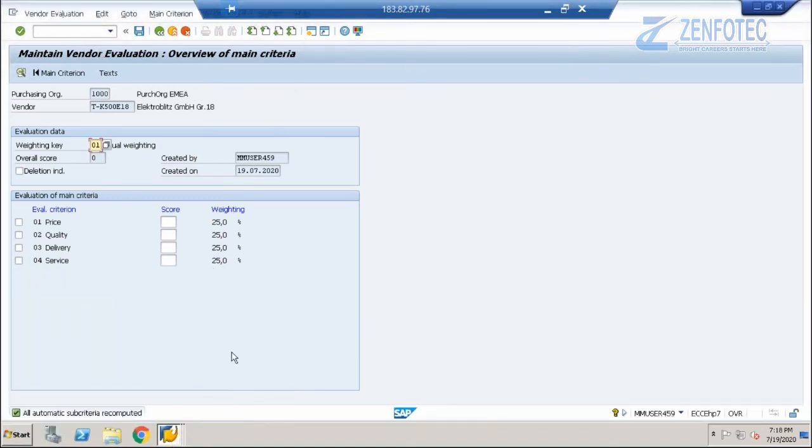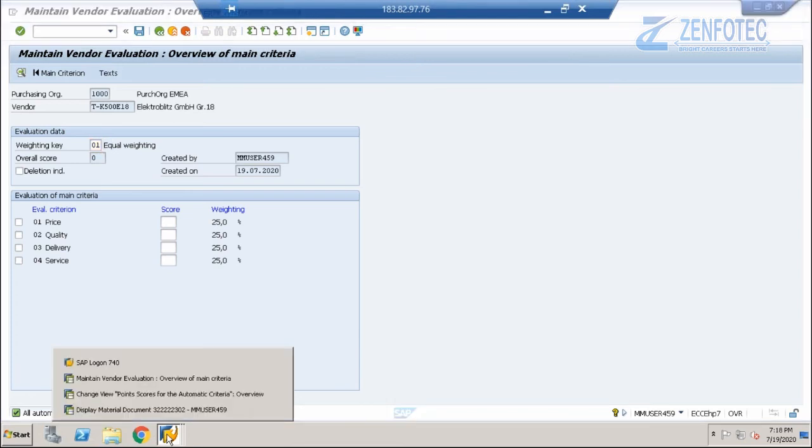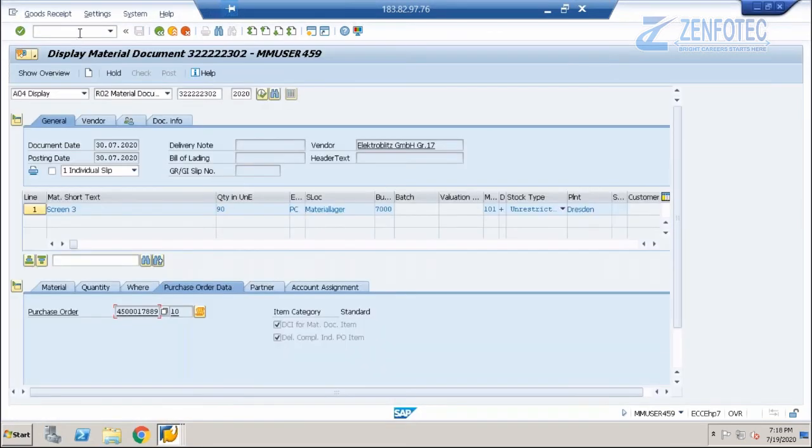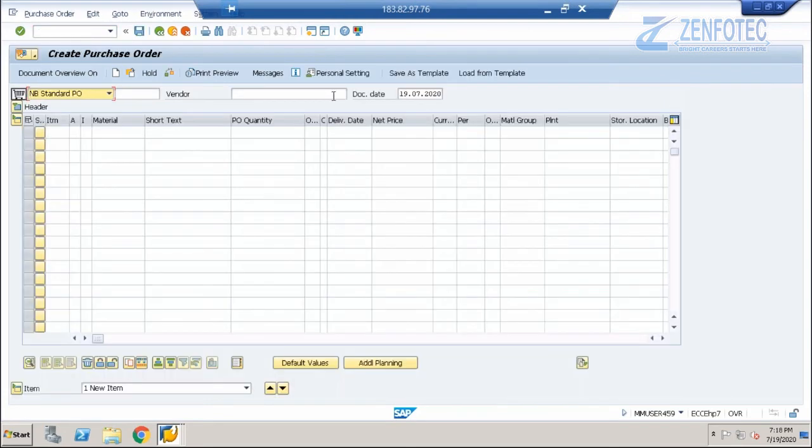So we will open another session. Yes, we'll do it in this session only. There's a slash in ME21N, enter. We'll put it as 17. We'll put it as 18. We'll change the vendor. The material is T-ATC 18. Purchase order quantity is 100. And the net price is, and the plant is 1200.